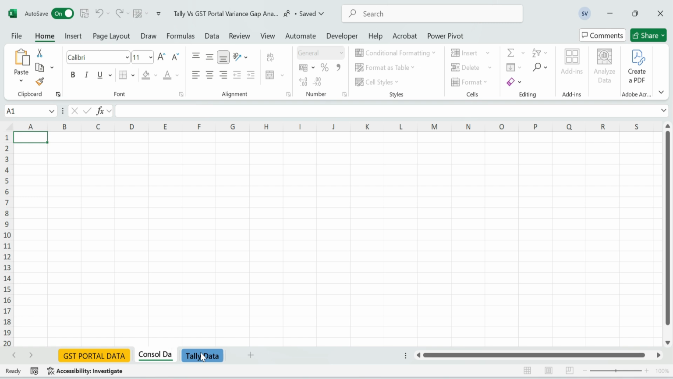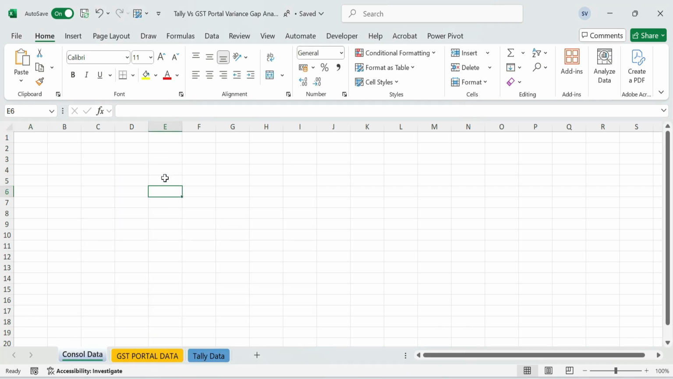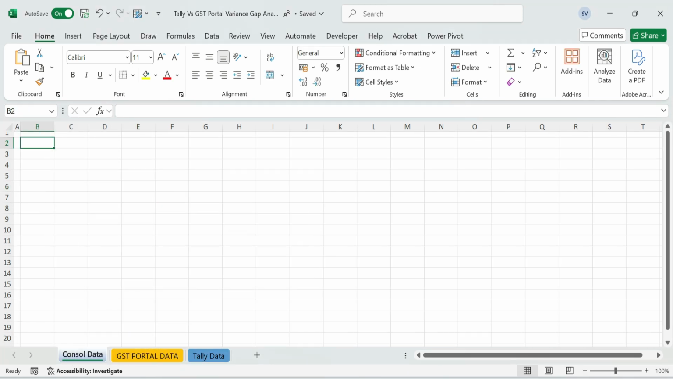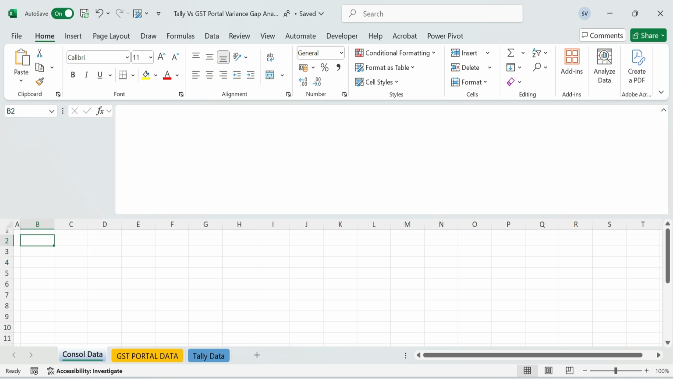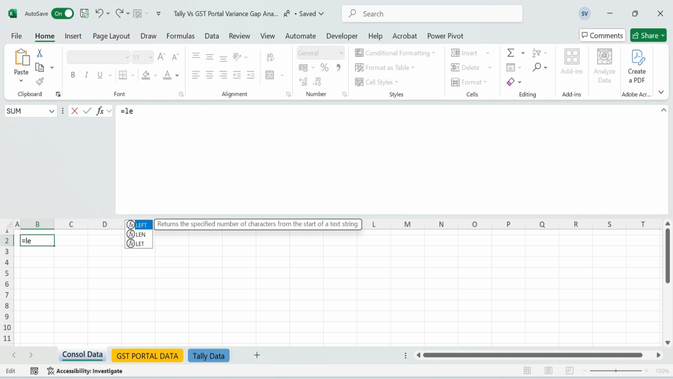We begin by creating a new sheet named Consol Data. We'll apply Excel's advanced LET function. This formula merges data from two sources, GST Portal and Tally, into a single table using LET for better structure and readability. Start with equals LET